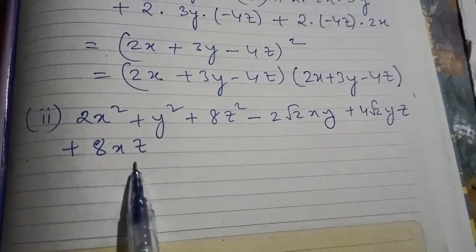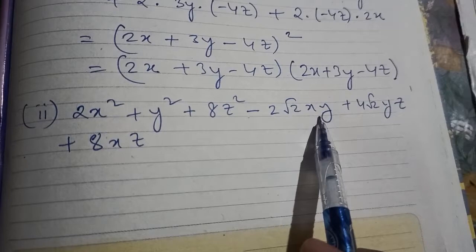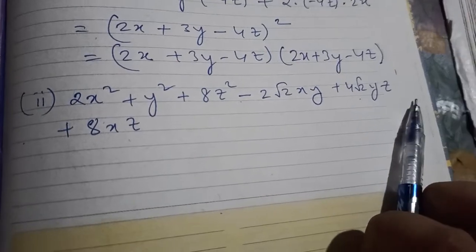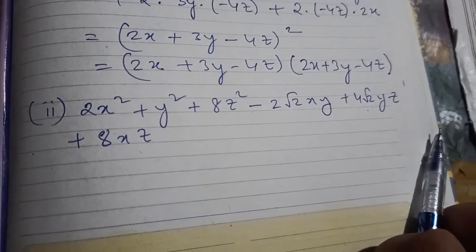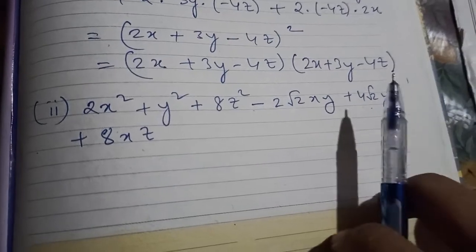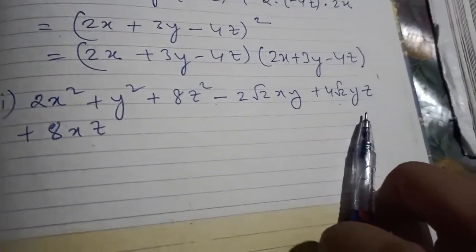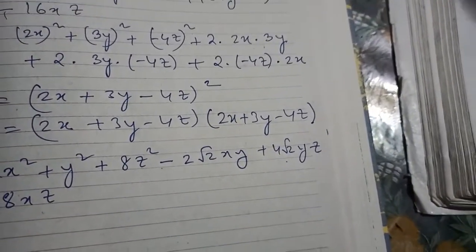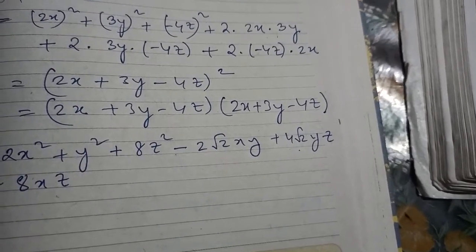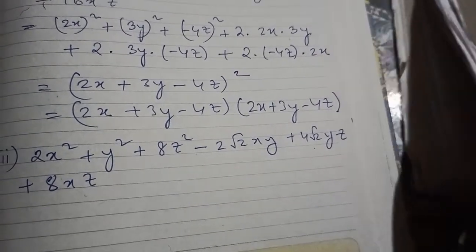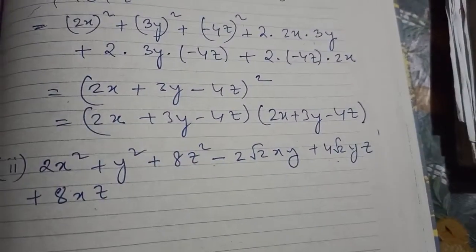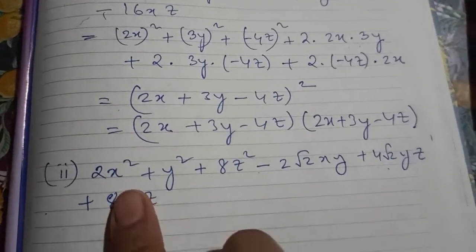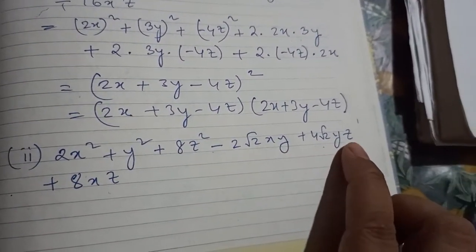Similarly, if you go for this question, again you can see here minus is here, plus is here, and again plus is here. So what we can conclude is that we have to be very much careful, because here as you can see xy is negative, then yz is positive. But here it is coming in square root. So whenever we have a square root formula, you have to be very careful of how to make the value with your plus or minus sign. Here xy is coming negative but yz is coming positive.